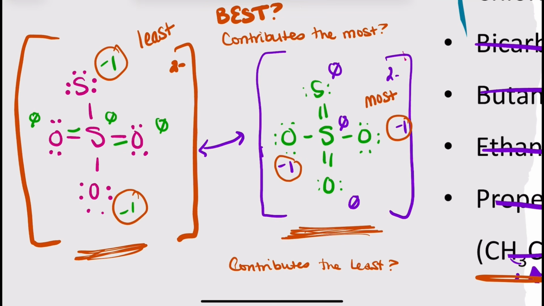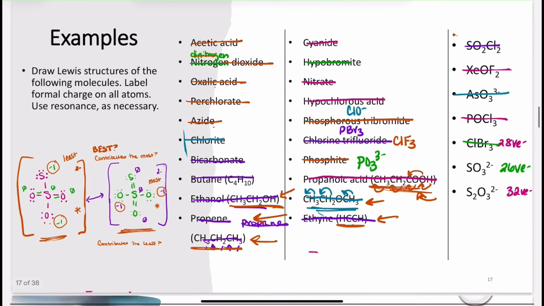Now, again, these are not the only two resonance structures. I could flip around where the double bond is to the other oxygens for both of them. I could see that happening on this structure or this structure. So there are a lot of resonance structures, but that means that this ion is very